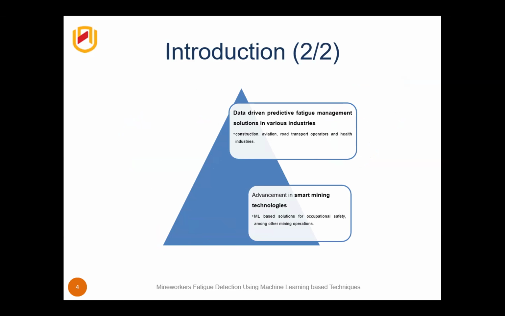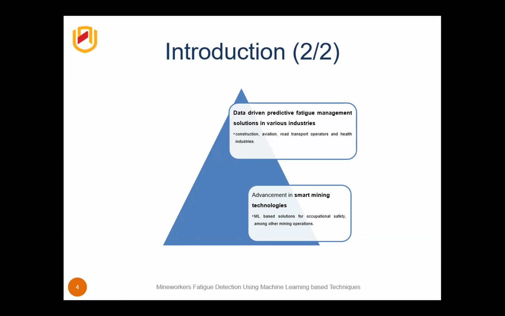For example, if you look at construction, road transport operators and the health industries, this is mainly due to the advancement in smart mining technologies. For example, if you're looking at the mining space, we have seen machine learning-based solutions for occupational safety